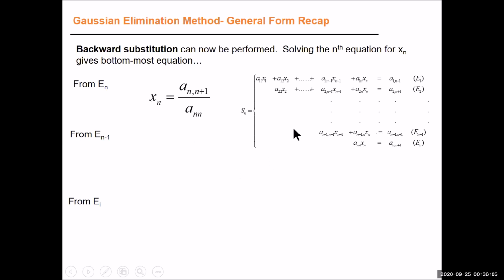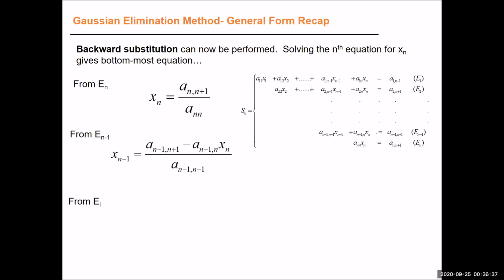It's the constant, whatever that is, divided by the coefficient here. And then to obtain the next one, the second last equation, it's simply the constant here minus the sum of the product of the coefficient times the xn. For example, if you see here,